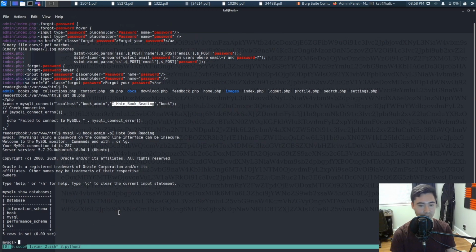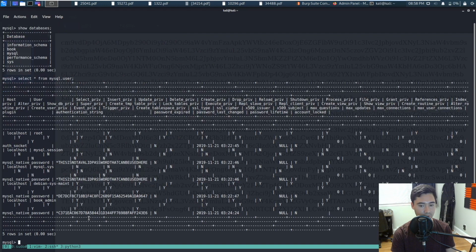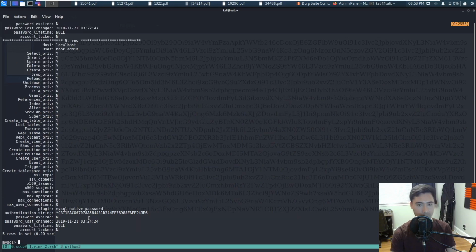So show databases. It looks like we do have access to the MySQL database, so we can go select star from mysql.user, and we get a bunch of gunk right here. So let's do the \G to format it a bit better. What I care about is the password. The password field differs per MySQL installation. In this case, it's authentication_string. So we're gonna go select user, authentication_string from mysql.user;